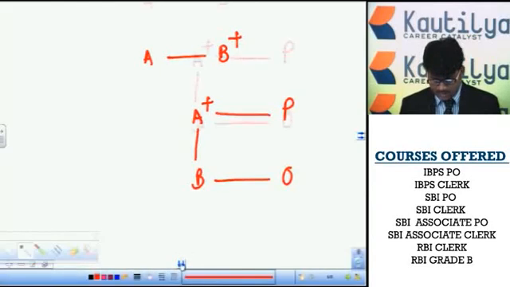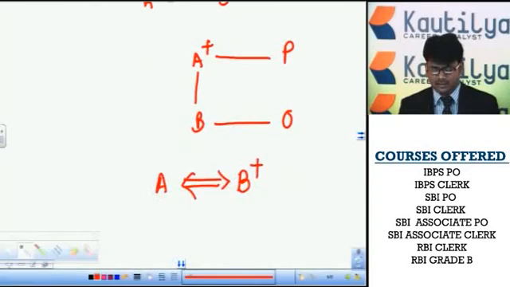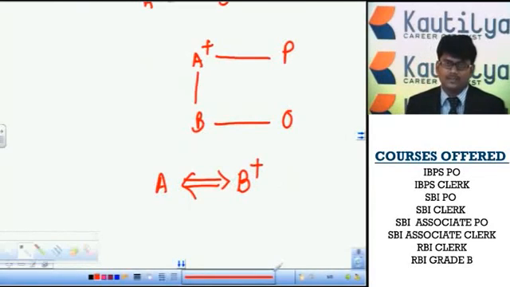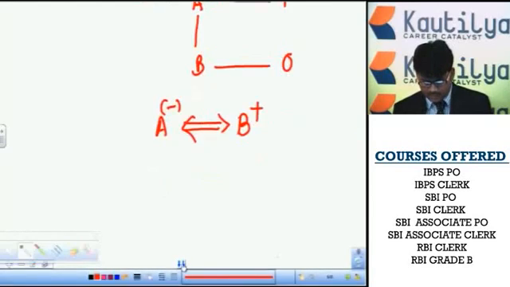Next, for example, the relationship between A and B is shown by a double implies symbol. B is a plus. A is a minus. Sorry, A is not represented by any symbol here. B is a husband of A. The representation of A and B is the double implies symbol. A is a wife of B, because B is clearly a husband. Sorry, B is clearly a husband and A is definitely a wife. Then we have to represent it in this manner.